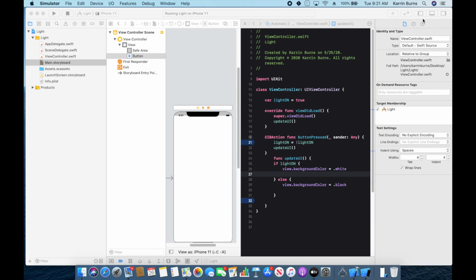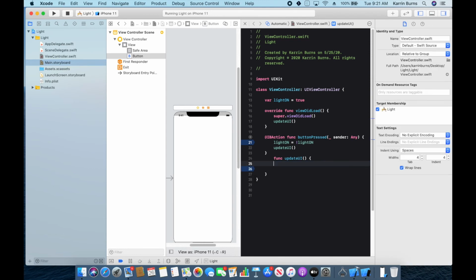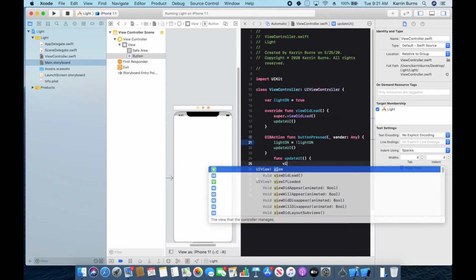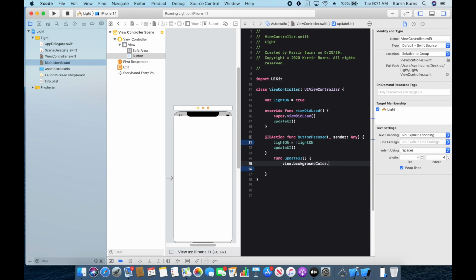Okay, so now I'm going to show you one more thing. The app works perfectly fine now, right? But as we get into more difficult coding, we need to kind of expand our toolbox. So instead of using the if-else statement, let's use a ternary operator. A ternary operator operates on 3 different targets. So let's change our update UI function to say view.backgroundColor equals lightOn ? .white